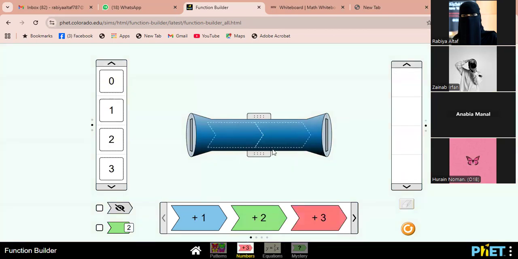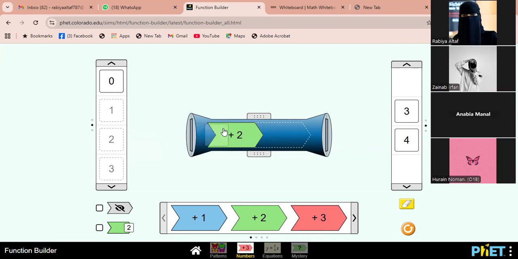Like if I have this operation like +2, and then if I add any number as an input like 2, I will get exactly one output, like 2 plus 2 equals 4. If I put 1, I will get 1 plus 2, which is 3. Means for every input we have exactly one output, as you can see over there. It is not possible that if I put in any number as input I get no output. This is not the case, because for every input we must have exactly one output. This is all about function.